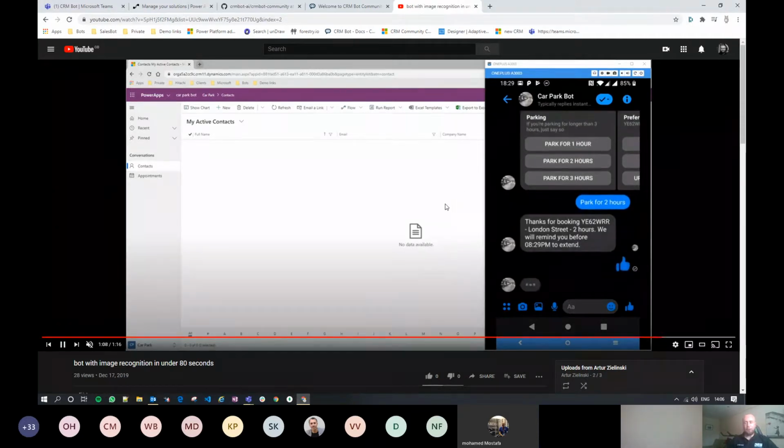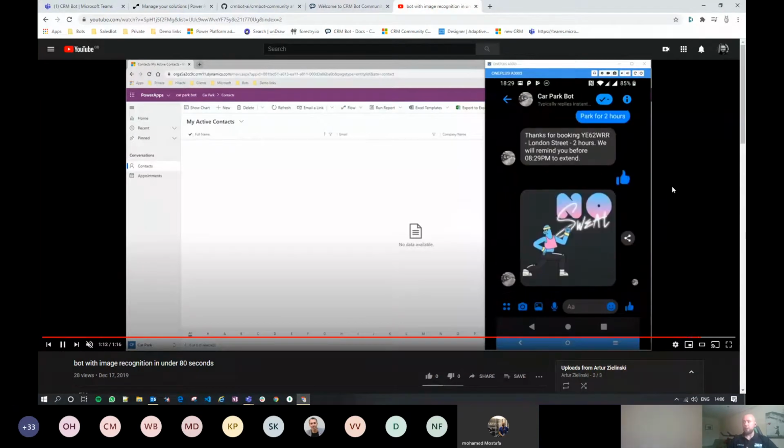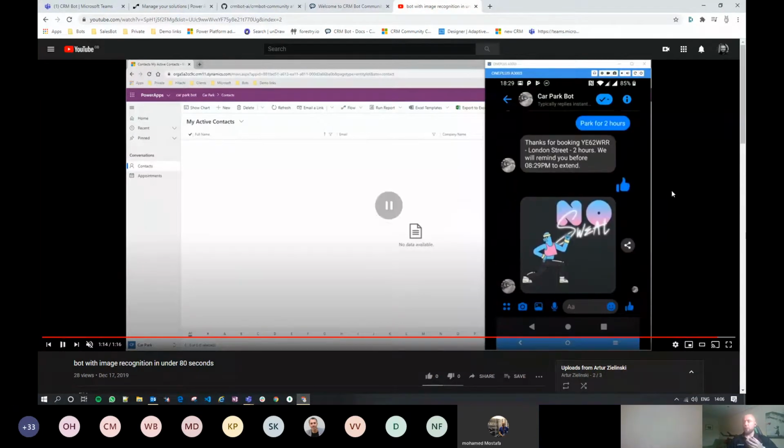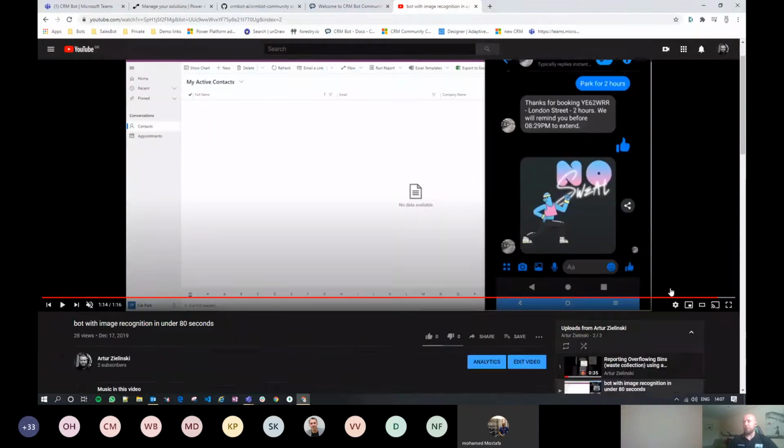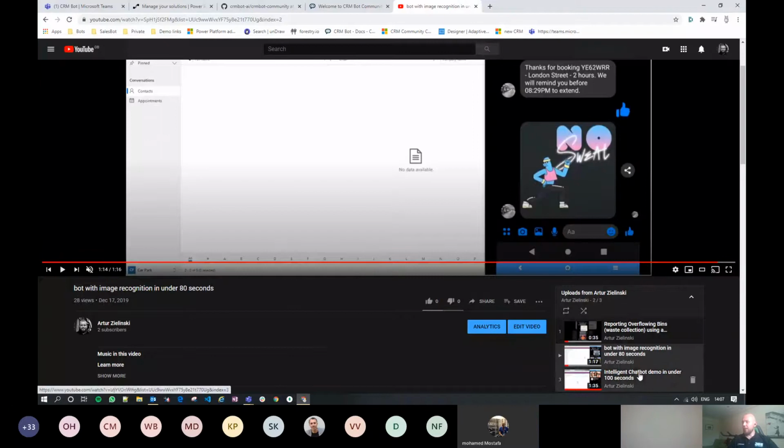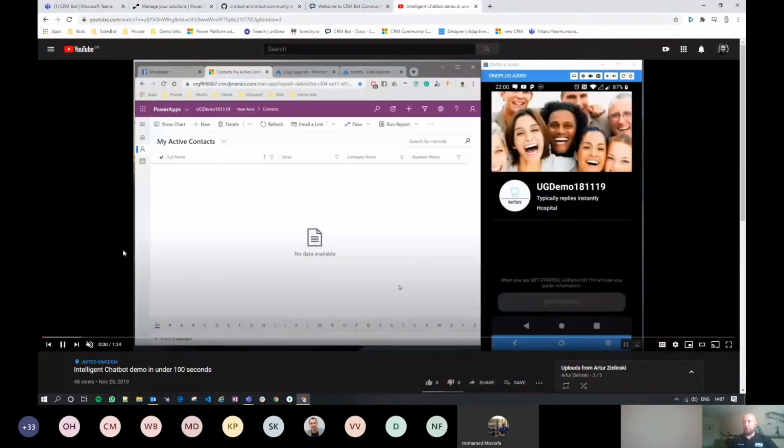And I think the overall point I'm trying to make here is that these are very short journeys. It takes 60 seconds for somebody to register themselves as a client, provide the vehicle registration, and book the process. It's a much quicker process than if you were using some sort of custom application or a portal.